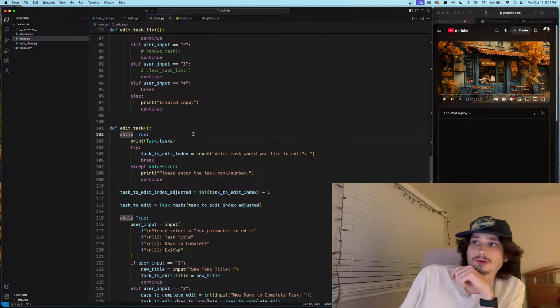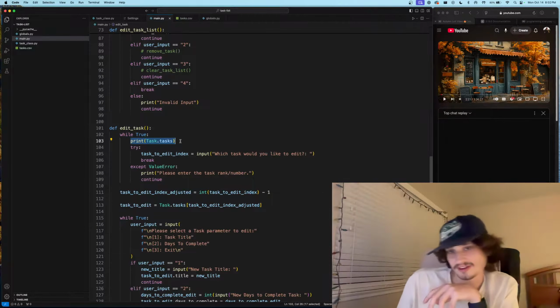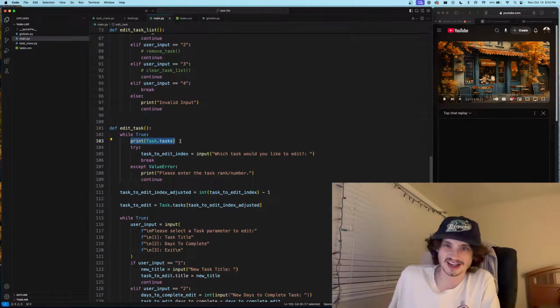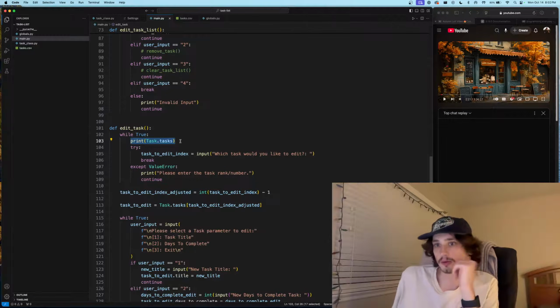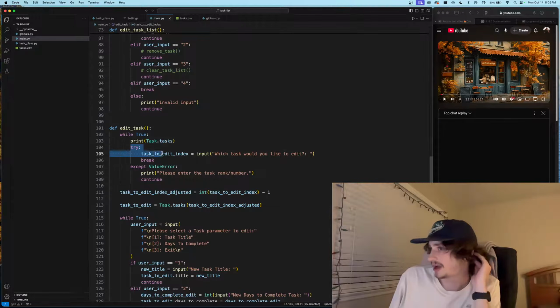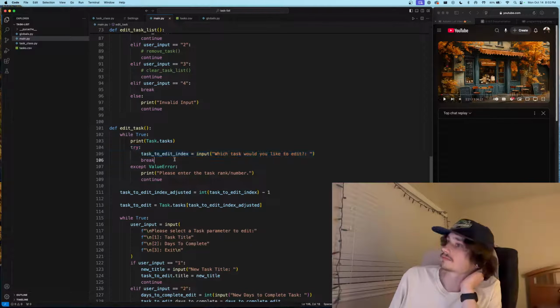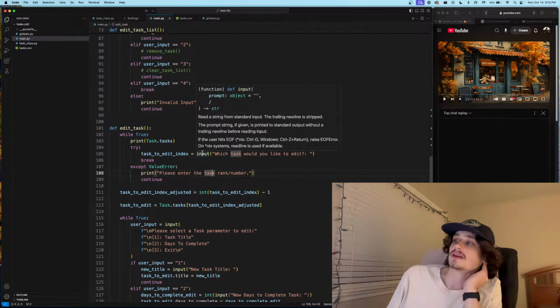So we're going to loop over and over again with the while loop, and we're going to print the actual task list. I'll format this later on down the line, probably the last thing I do, for displaying the tasks how I want them to, like an ordered list. But for now it's fine in just a printed list format of a Python list. So we're going to try and get a user input, and we're going to ask which task would you like to edit? If we don't get what we're wanting, a value error,